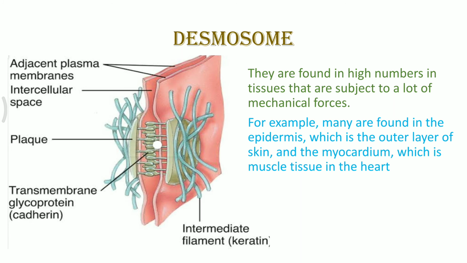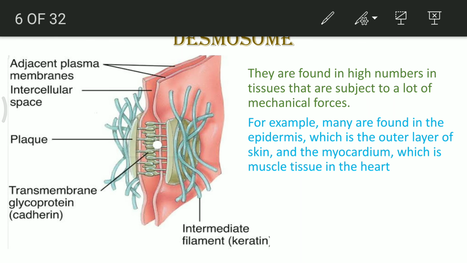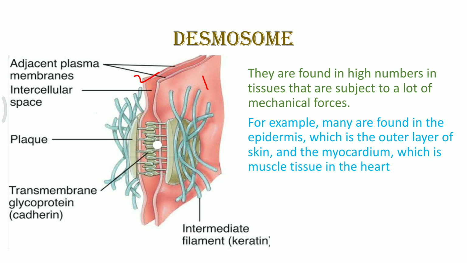What is the functionality of these desmosomes? These cells, which are separated by a negligible amount of extracellular fluid, are held together by cell junctions, which could be in the form of desmosomes or intracellular bridges. So you can see two red plates. This is one and this is two. The outer membranes of both these cells are getting connected with the help of plaque.